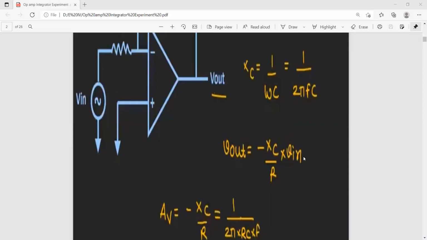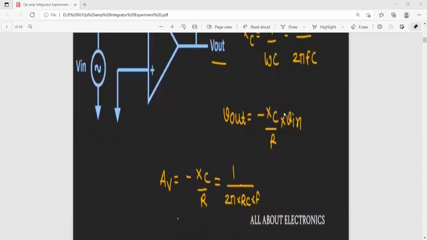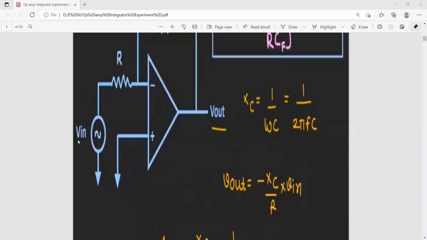So this is XC by Vn. Vn is the differentiation of this function, so like this we will find out. This Vn you can bring to this side. For example, here we have applied some differentiation function, and simply you will get Vn like this. So that Vn you have to bring to this side.